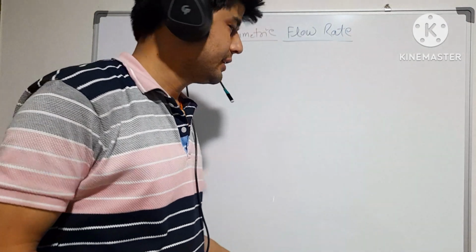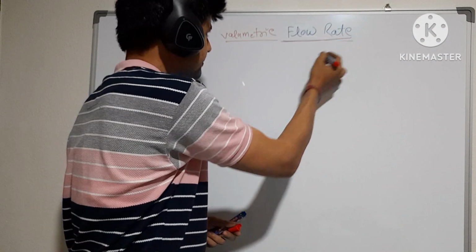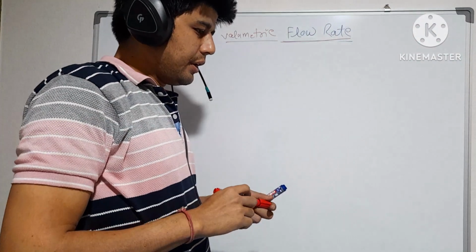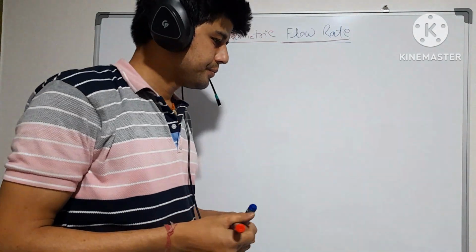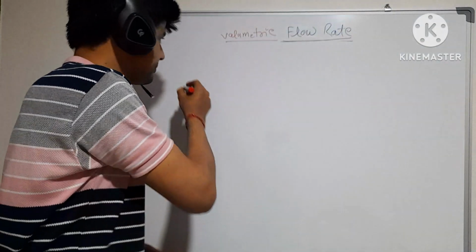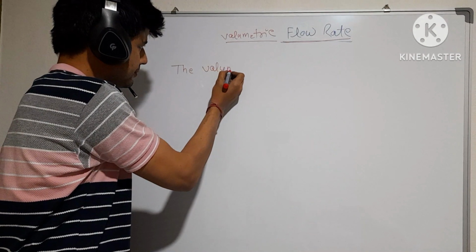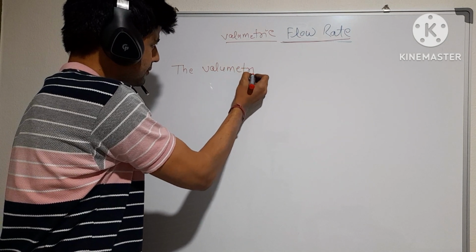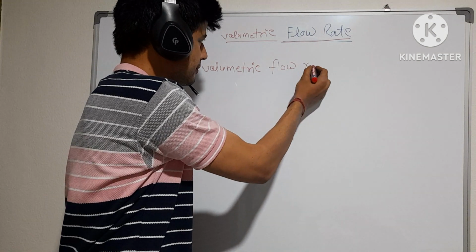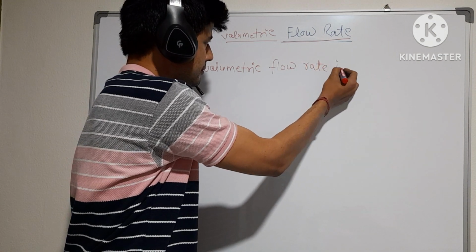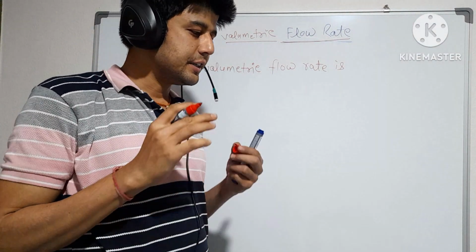Today my topic is volumetric flow rate. Now, what is volumetric flow rate? The volumetric flow rate of a fluid is defined as